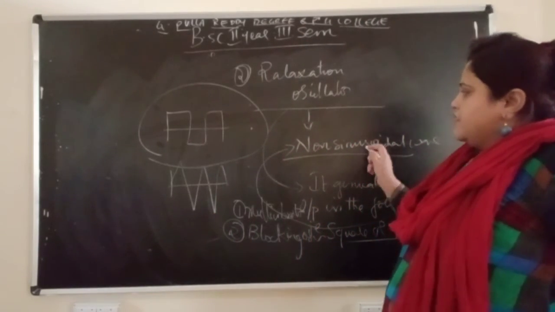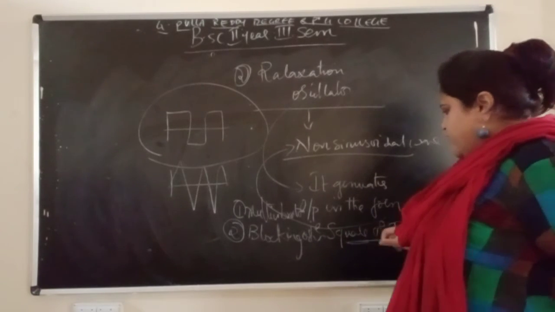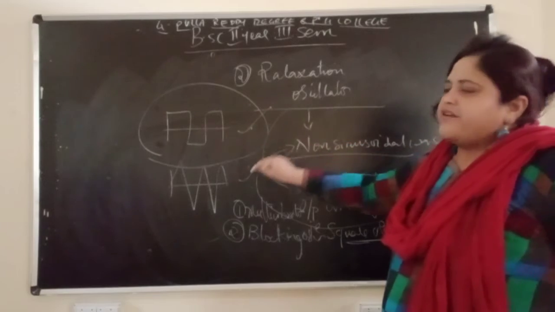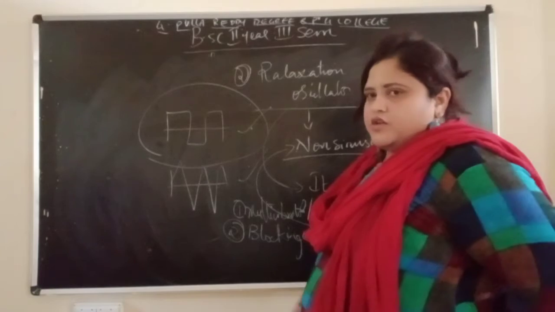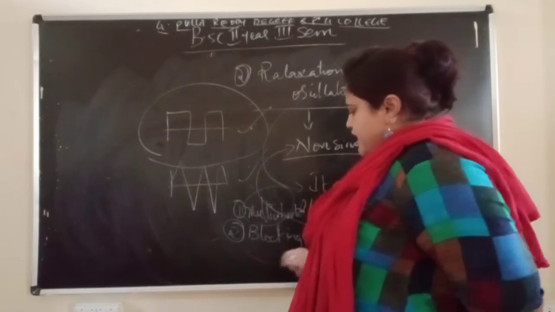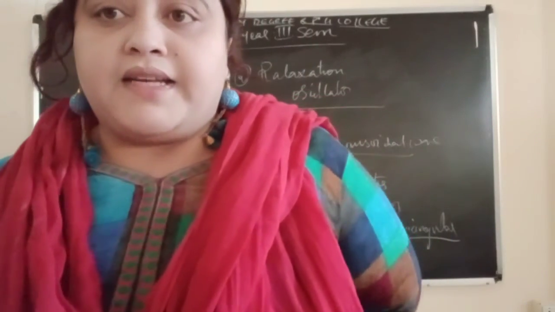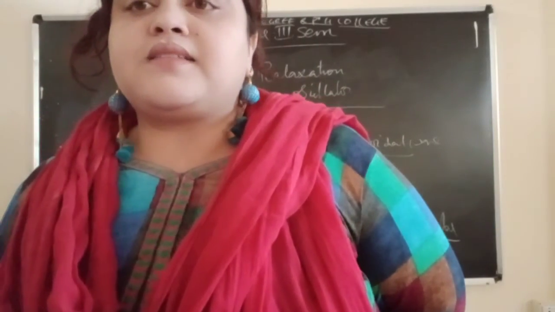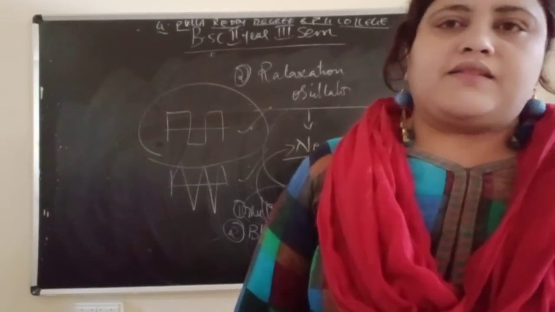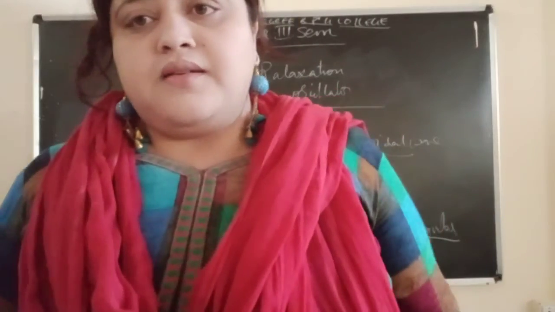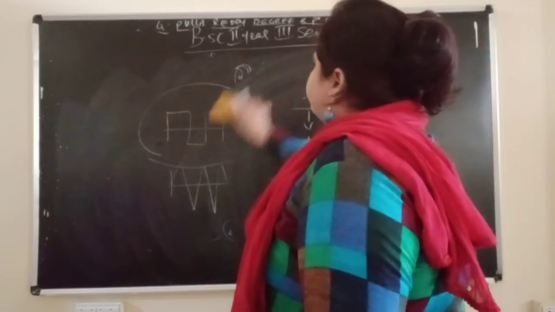So these relaxation oscillators are nothing but devices which can generate the output in the form of a square wave or triangular wave. Now the two types of relaxation oscillators are multivibrators and blocking oscillators. In your syllabus you have multivibrators, which is the second chapter of your unit 4, that means the last chapter of your unit 4. So what is this multivibrator? We will study now.